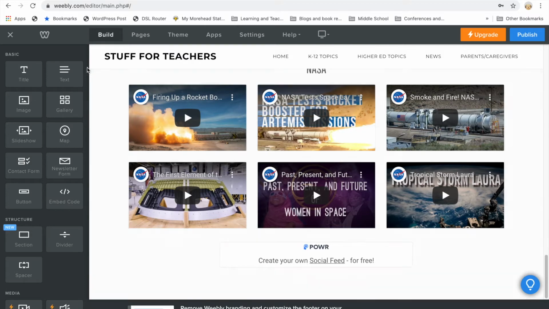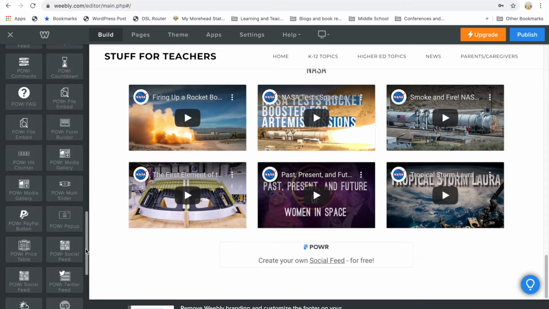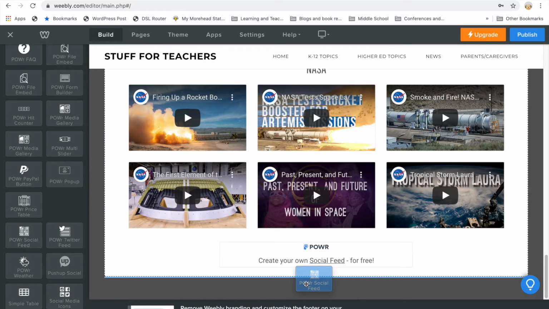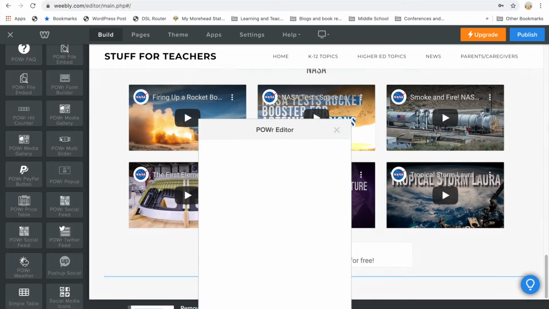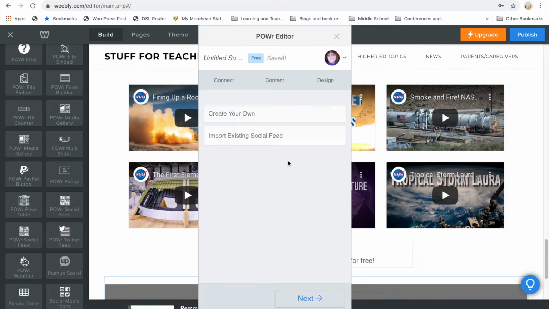Now let's scroll down the left side of the page to find the app that I want to use for this feed. I'm going to use POWr Social App. I grab the app and drag it to the place where I want it to be. This window will pop up and we will have to populate it with the correct information to make our feed